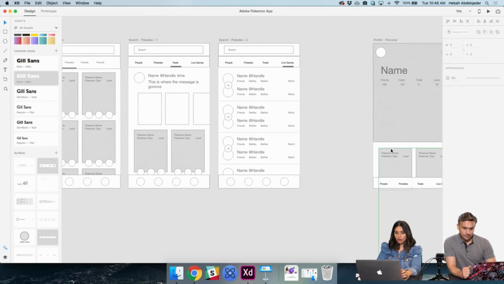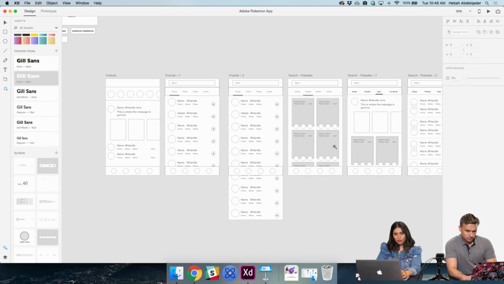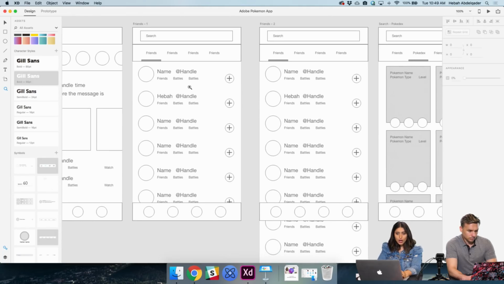Basically what we worked on today is wireframing for our Pokemon card trading app. We worked on 3 tabs. The home tab, where the user can see the updates from their friends, what cards they're looking to trade, and who's currently battling who. It's kind of like your news feed. The second tab has multiple pages, which is your search tab.